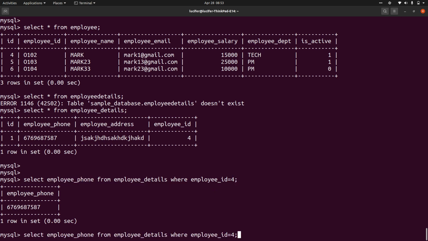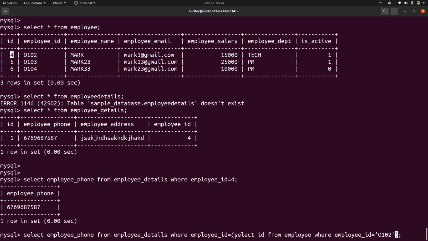So what I'll do is create one more query inside this. Employee ID equal to select ID from employee where employee ID equal to 0102. Here, what exactly is happening? This statement inside gives me the output of my ID, which is 4.